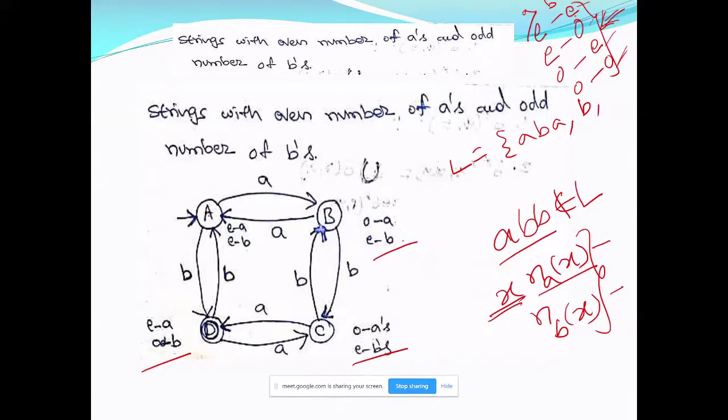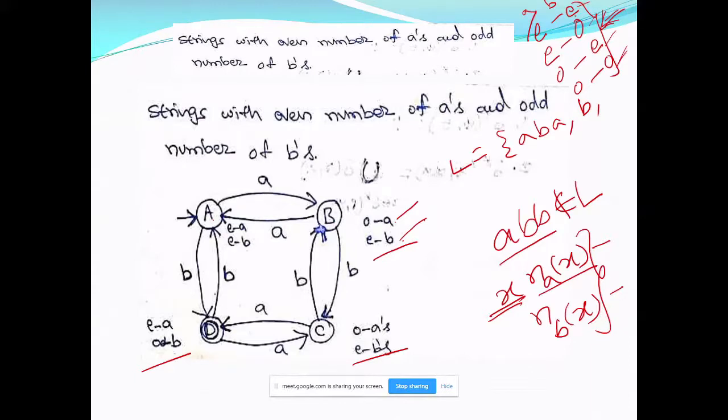Suppose I add to this string, which contains even number of A's and even number of B's, one A, concatenated with it. Then what happens? The number of A's will transform to odd, but B's will remain even. So I am coming to B, because B is for remembering odd A's and even B's.